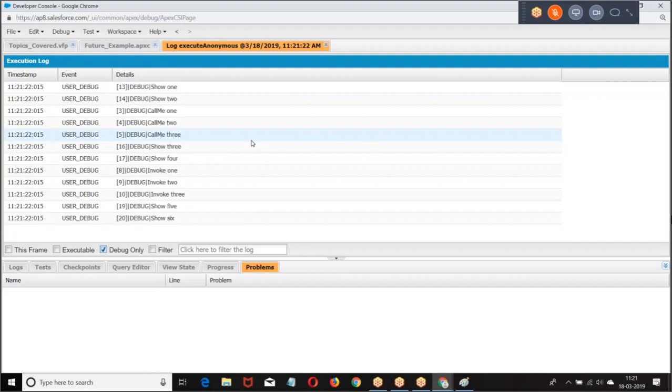What is the output we are getting here? Show 1, show 2, call me 1, call me 2, call me 3, show 3, show 4, invoke 1, invoke 2, invoke 3, show 5, show 6. Because it's a synchronous operation. It is a sequential operation.